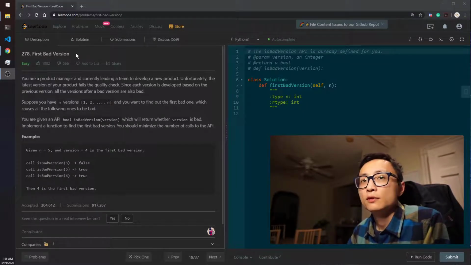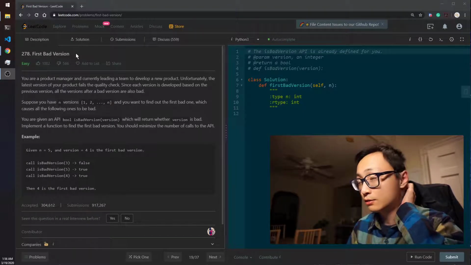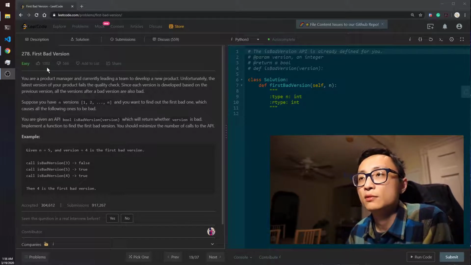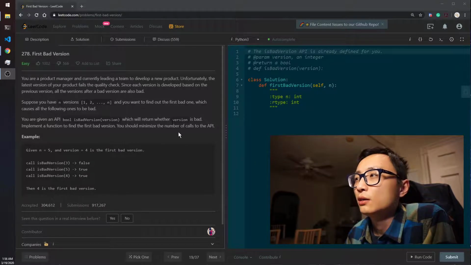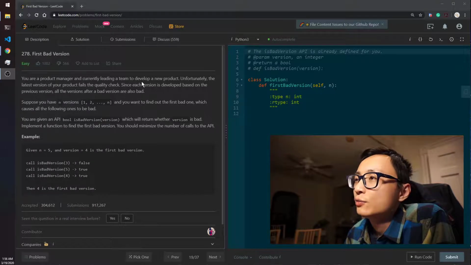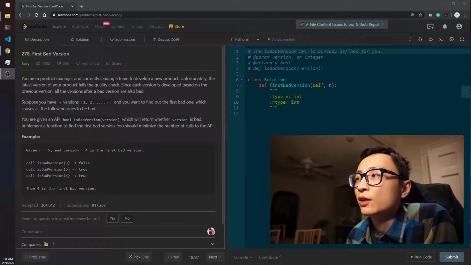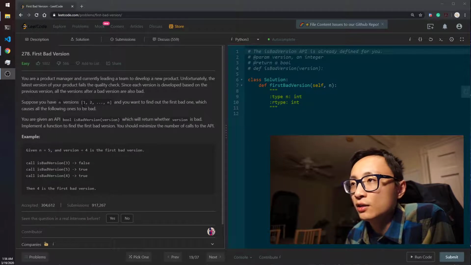Okay, nothing high energy today, so let's solve one simple question. 278, first bad version. The question is quite long. Basically, the gist of it is that just imagine that we have a versioning of our code that's a linear